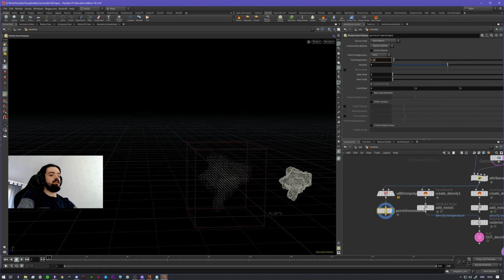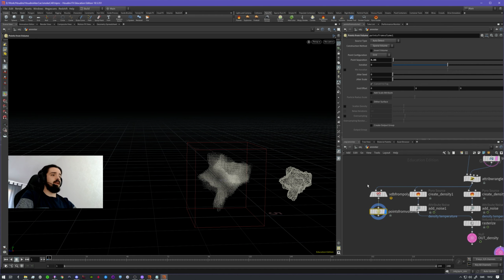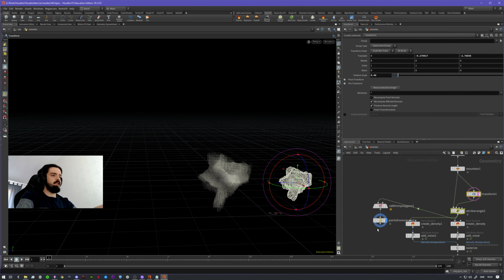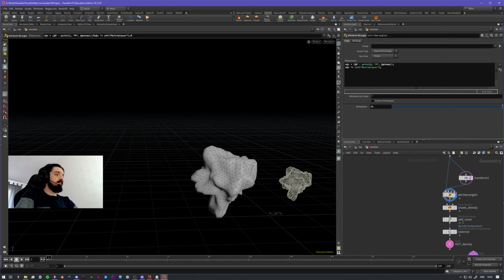If you ever want to try that, it's supposed to be working. But I would prefer to run this like that, then run over the velocity after points from volume. Okay, delete that. Next thing,